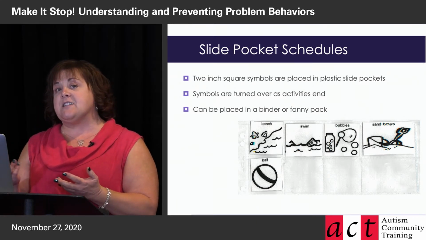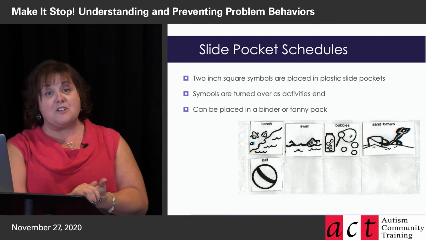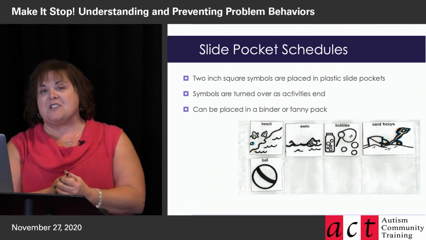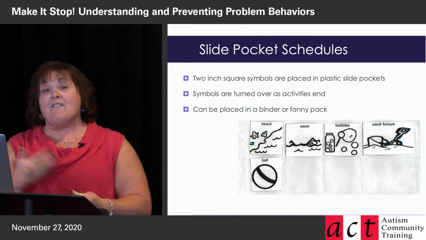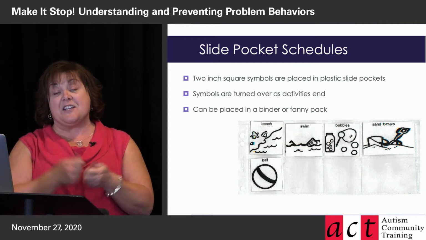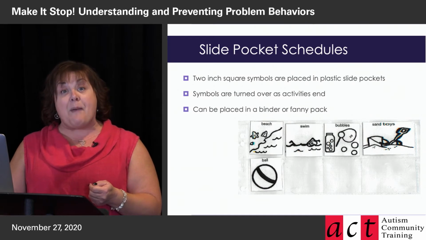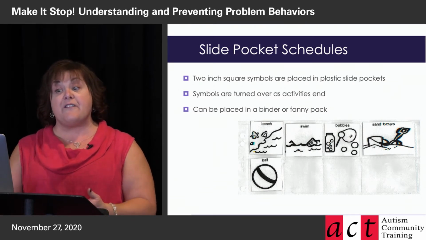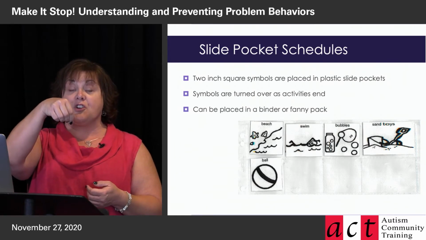So I've supported kids in schools where they don't actually want all of the peers to know that they have a visual schedule. They put their schedule in a binder and they walk around carrying a binder like everybody else. I've also had individuals where they needed a portable schedule, and we've just taken these plastic sheets and folded them up, and we can stick them in a pocket or a fanny pack or whatever, right? So they're very portable. And as activities are finished, you pull the symbol out, turn it over, and put it back in.